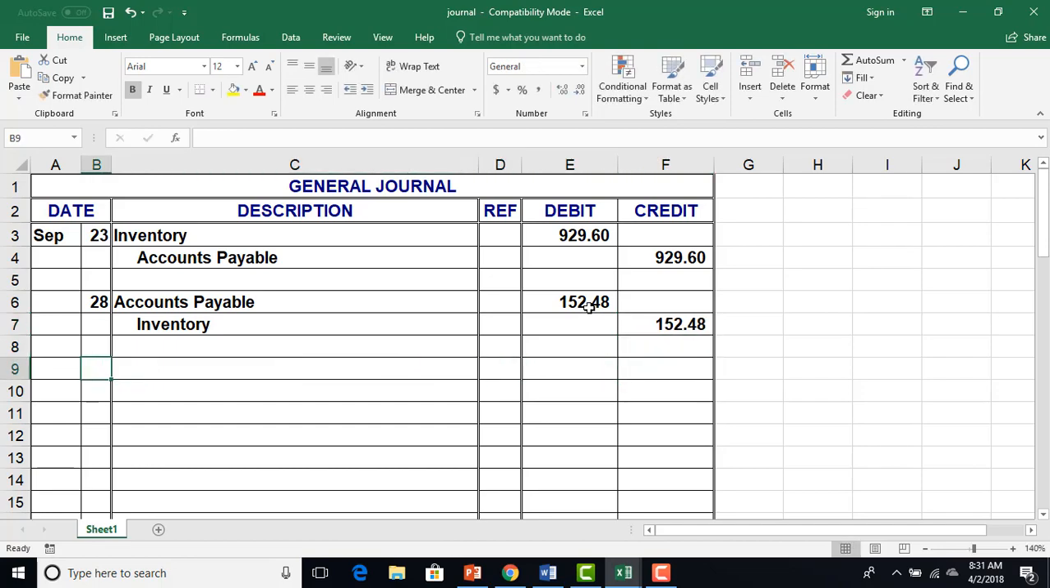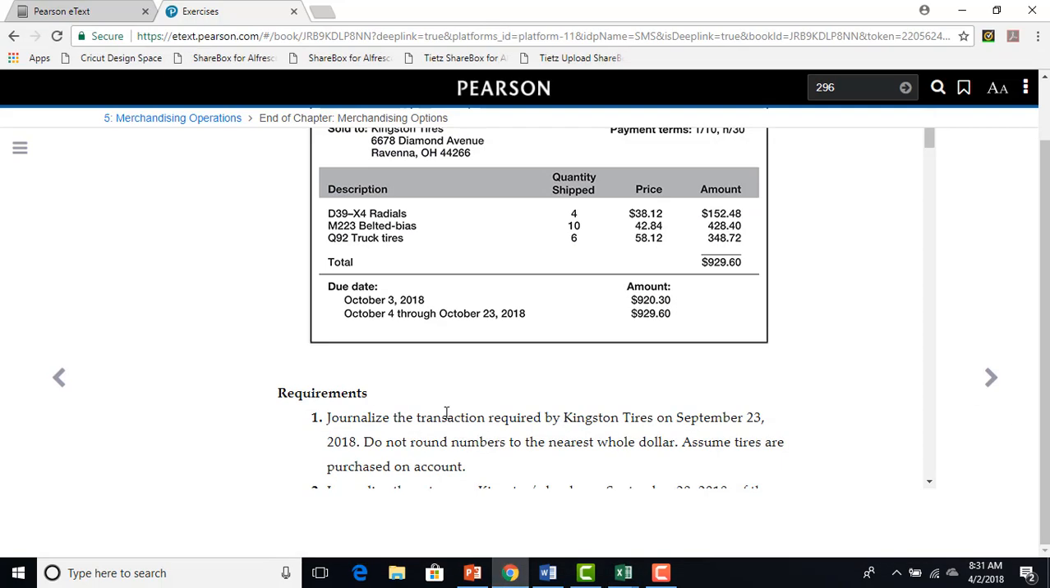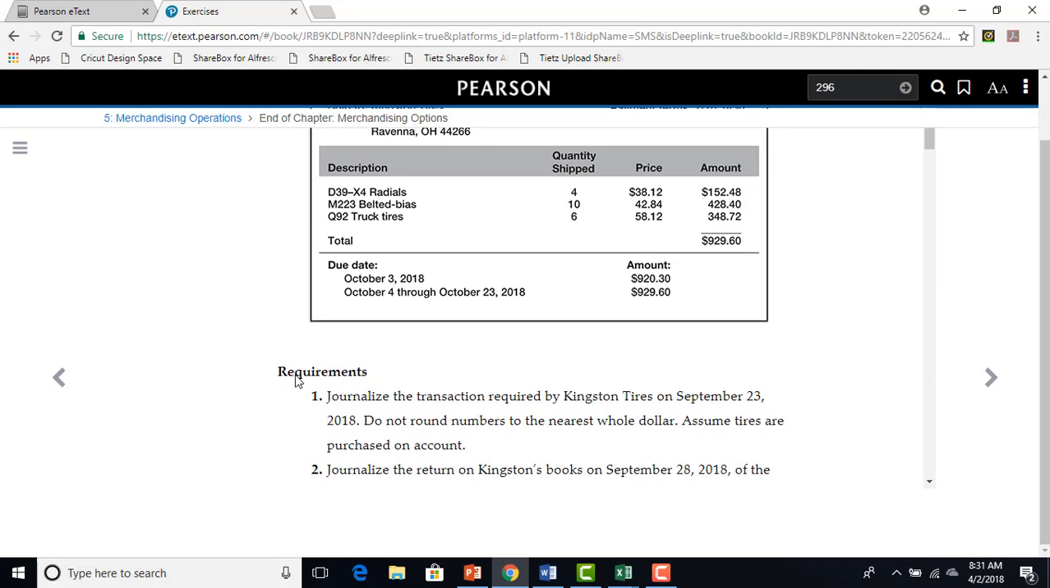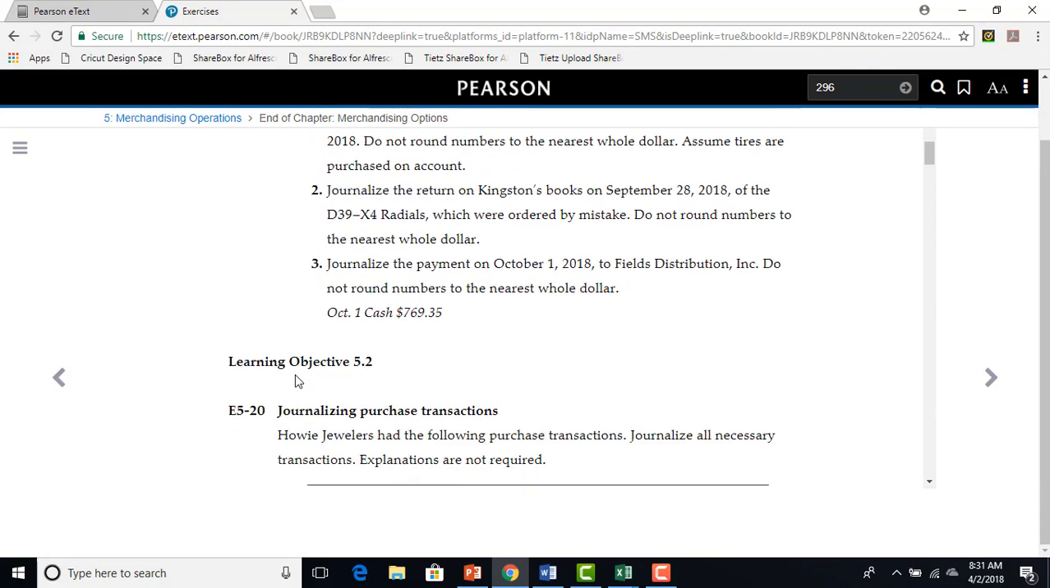$152.48, there we go. That's requirement 2. Requirement 3 says to journalize the payment on October 1st, 2018 to Fields Distribution. Again, it tells me not to round my numbers to the nearest whole dollar, and it does give me one check figure in here. It tells me on October 1st that credit to cash should be